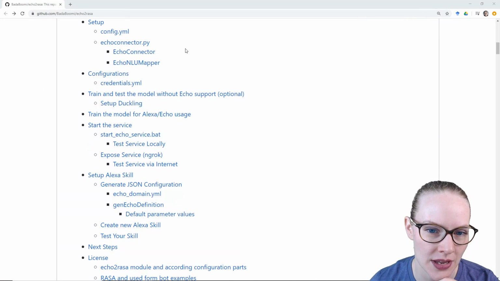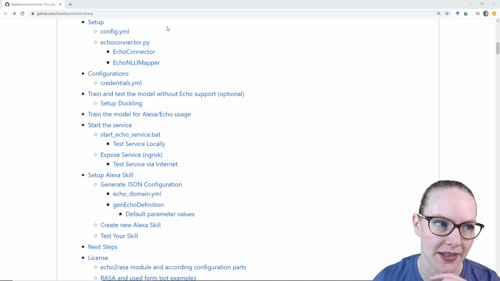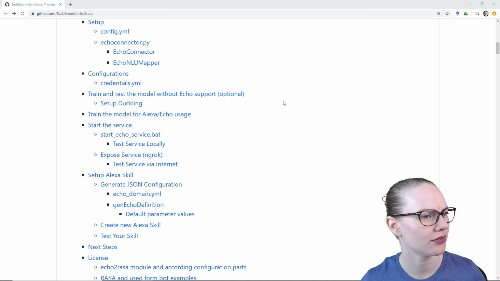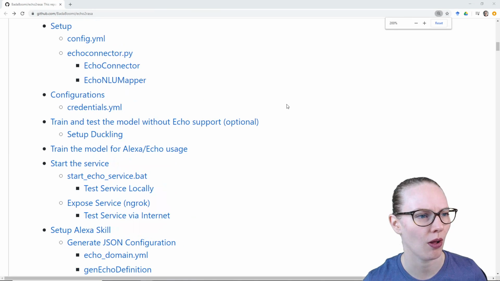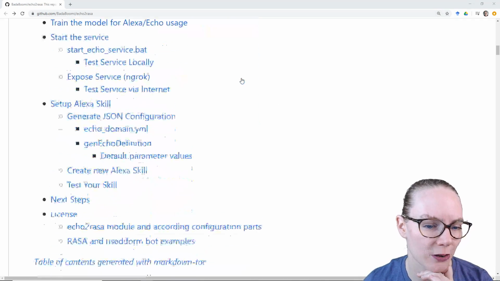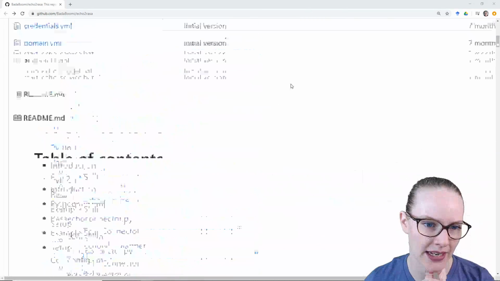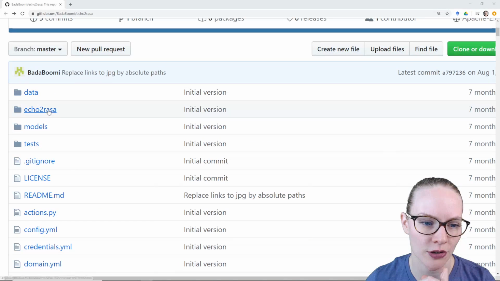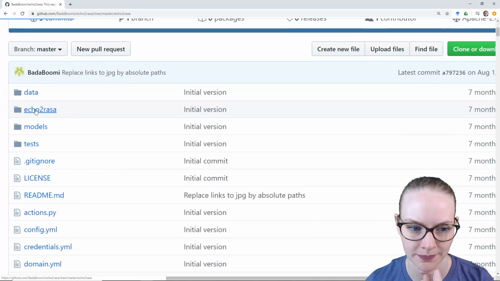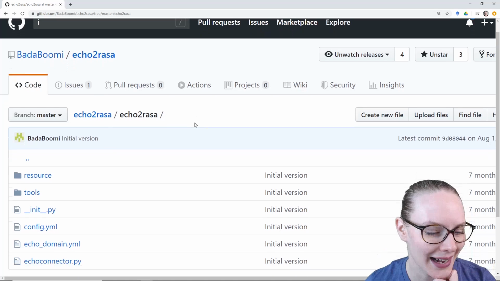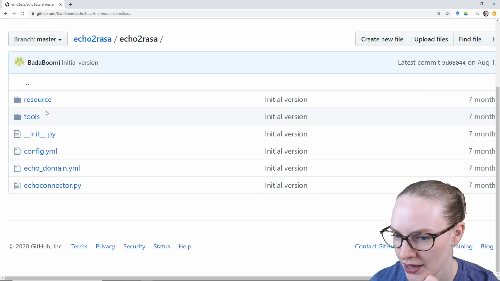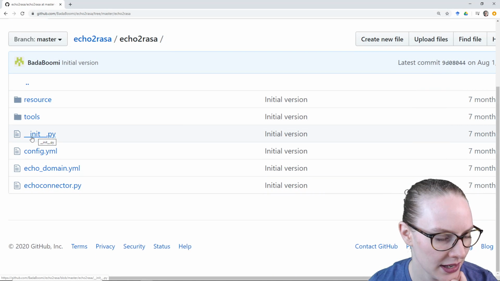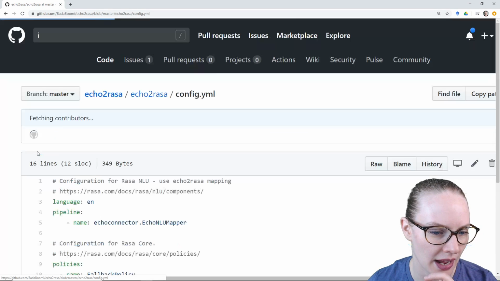All of the Amazon Echo specific stuff, that might be a little bit small, let me make it a little bit bigger. All the Amazon Echo specific stuff is in Echo 2 Rasa, this folder. So what we have in here is an init script, a config,